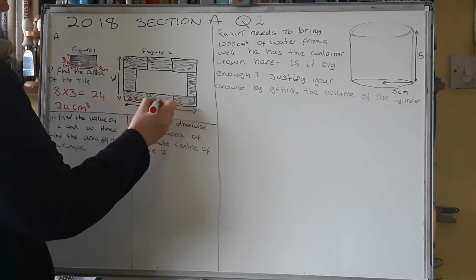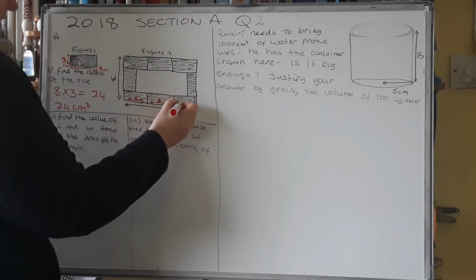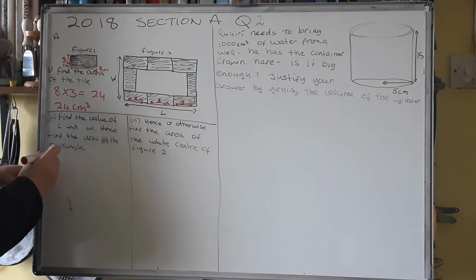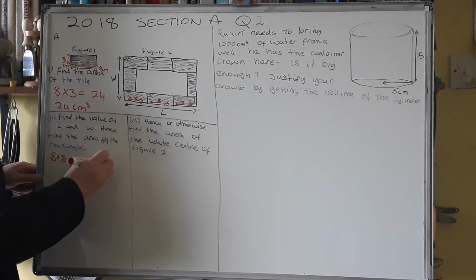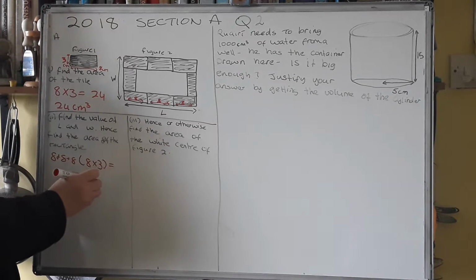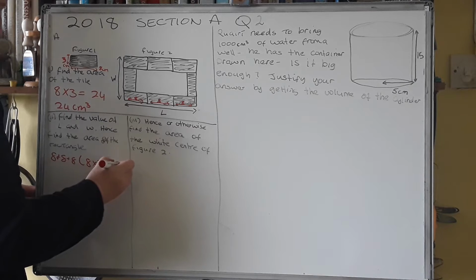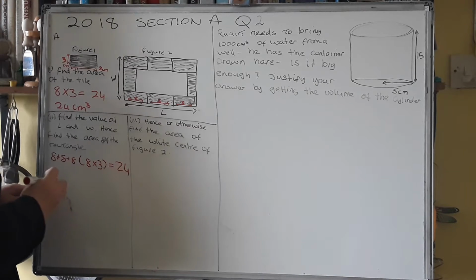So it's 8 plus 8 plus 8, or another way of doing that is 8 times 3. So the length is 24. That's what L is. So L is 24